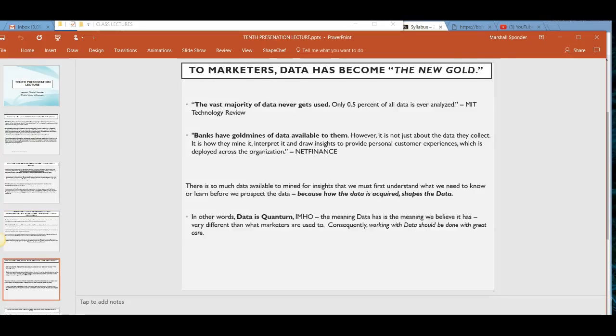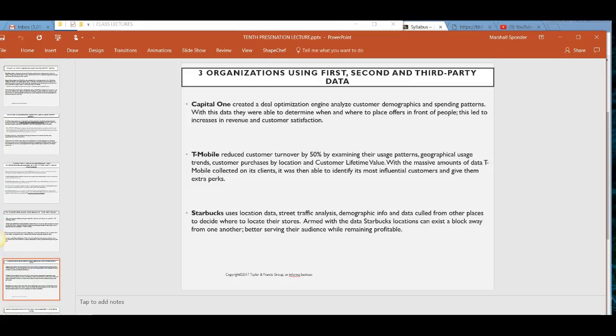But we see that most companies don't even use the data they have, much less the data they're buying. And so there's a lot of data out there to be used. And organizations will combine this data. Like Capital One created a deal optimization engine to analyze customer demographics and spending patterns. They used that data to put the right deals in front of people, and this led to more people buying their products. And T-Mobile reduced their customer turnover by half by looking at the usage patterns of people using